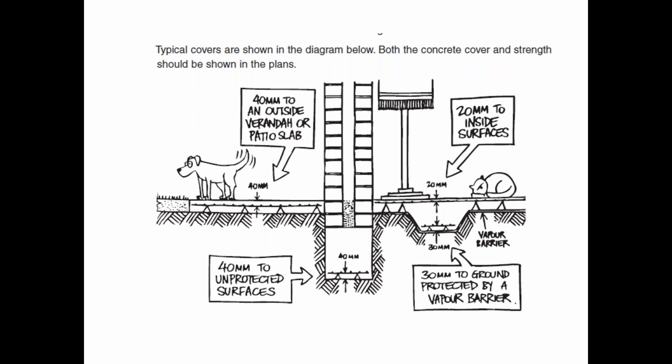So here's a good example. Again, this is in the booklet. Let's look at outside where the dog is. We've got 40 mil cover on top of the reinforcing, and also don't forget the ground, moisture can come up from the ground. So you've also got some reverse cover if you want to look at it from there. We've placed the rebar for this picture example in the middle of the concrete. But if we look inside, we've got a nice concrete floor there. It's nice polished concrete where the cat's sleeping there. You've only got 20 millimeter cover,